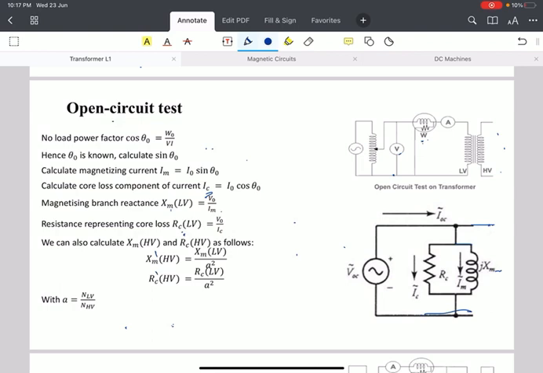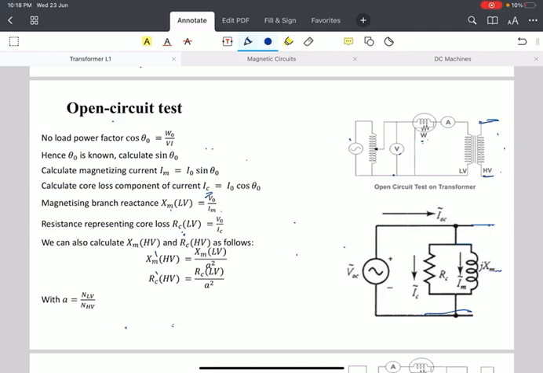Okay. So as we have here open circuit test on the transformer. Open circuit test on the transformer is generally performed on the LV side of the transformer. It is performed on the LV side because in an open circuit test, the other side is kept open. Whatever the power which is being dissipated at that time will be no load losses or core losses in the open circuit. So it is performed on the LV side because we need to apply the rated voltage. HV rated voltage will be high. So generally the no load test or open circuit test is performed on the LV side of the transformer.